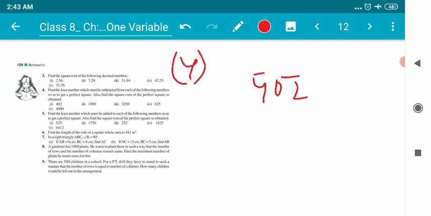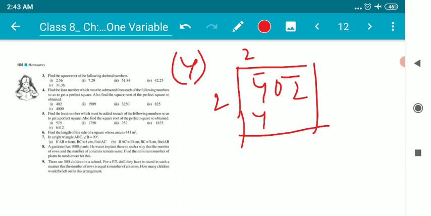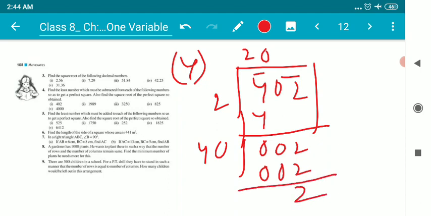Let us make a pair first. 2 2s are 4. Okay, I'm getting 0 here. Take double of 2, which is 4. Okay, 4 is greater than 0. So of course what will I bring down? I'll bring down 0 and 2. Okay children. Now what can I take? I can take 0 over here, so 0 here also. 0 into 40, so 0 0 2 only. What am I getting, children? I'm getting 2 as a remainder.